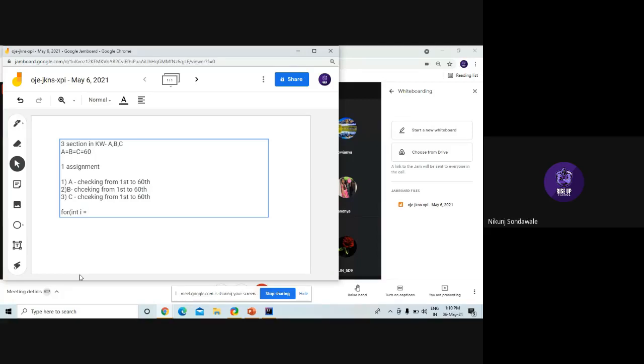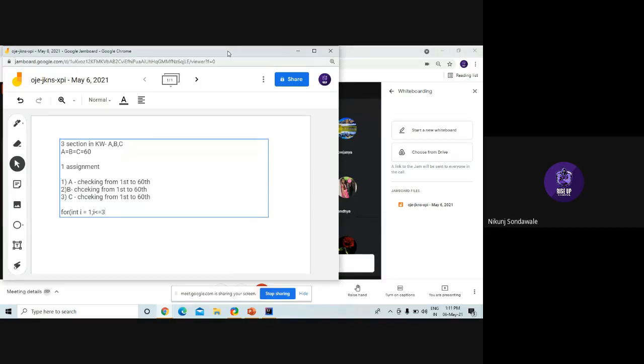My A class is first, B is second, and C is third. So for the starting class, I'll write i equals 1, with a semicolon. Now I have to put a condition: till how many classes will I go checking? The condition is i less than or equal to 3.